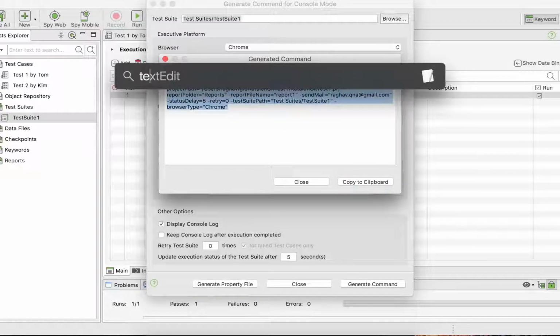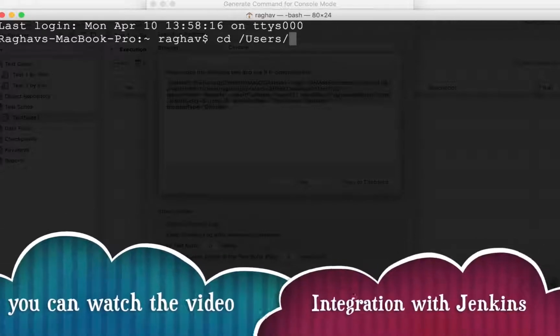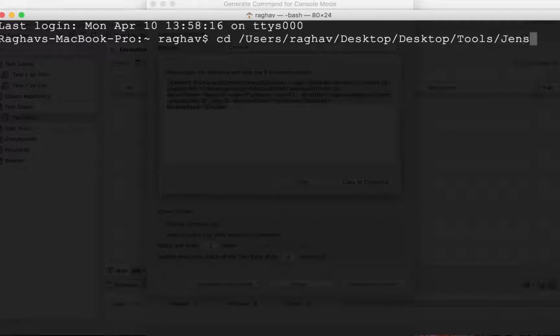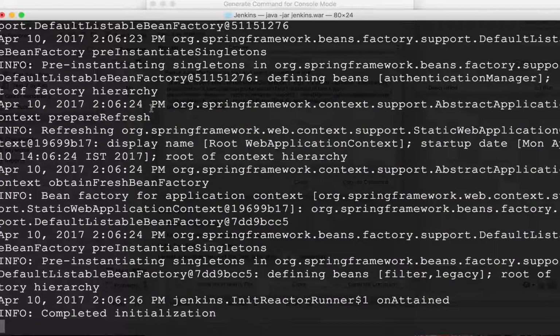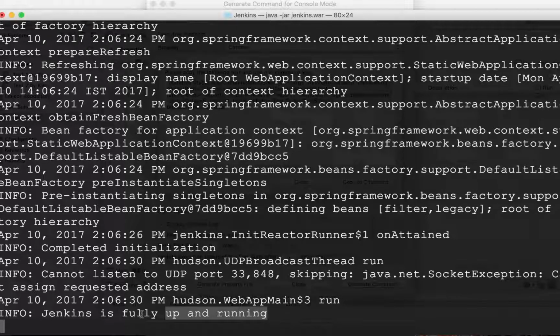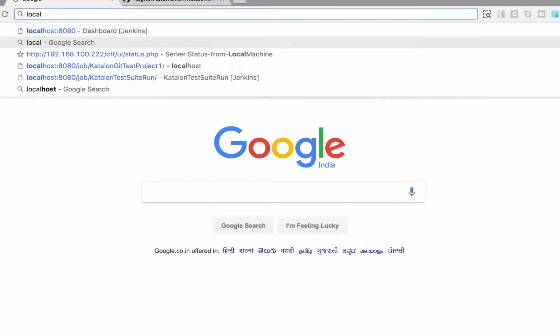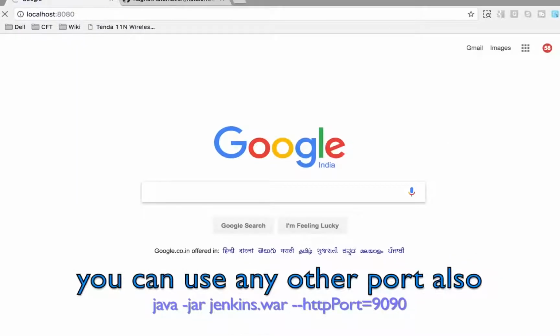So to go to Jenkins job, let us go to our terminal, and we have already seen in our earlier sessions that we have to go to the location of jenkins.war. So in my case it is located at desktop, tools, Jenkins, and we have to say java space hyphen jar dot war, and this should start Jenkins on our system. So we got the message Jenkins is fully up and running. So let us go to our browser and go to localhost 8080. So I have started Jenkins on the default port 8080,